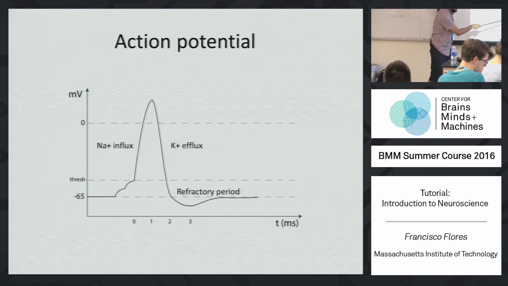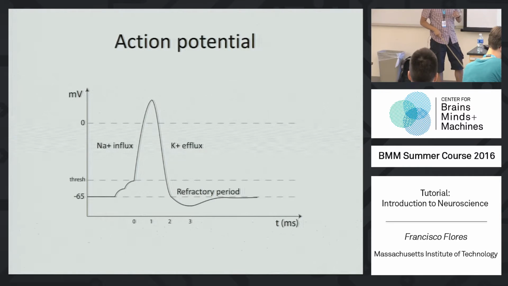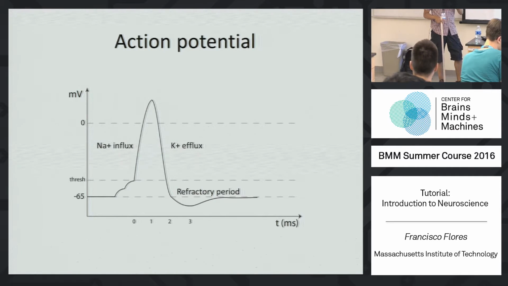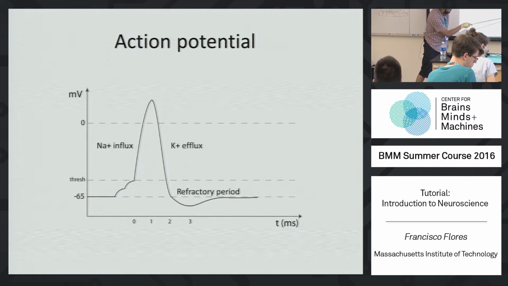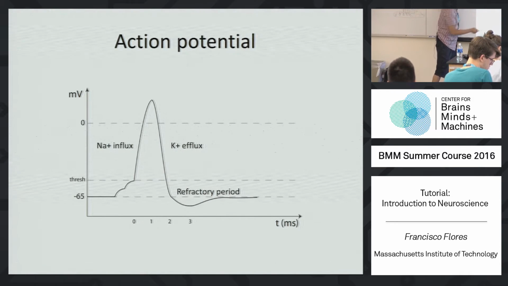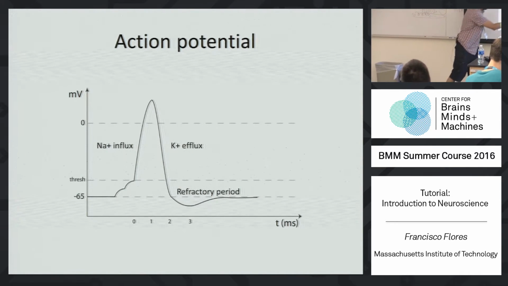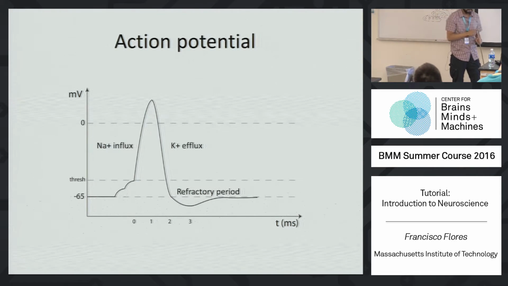So when the neuron is in this refractory period here, it doesn't matter how high the input that is coming, it is not going to fire another action potential. So that's what is called the refractory period, the absolute refractory period, and it lasts typically like 1 millisecond, which is when you can see the value of the voltage here. Now slowly the neuron is going to go back towards the resting potential, which is around minus 65, until some new input comes in.